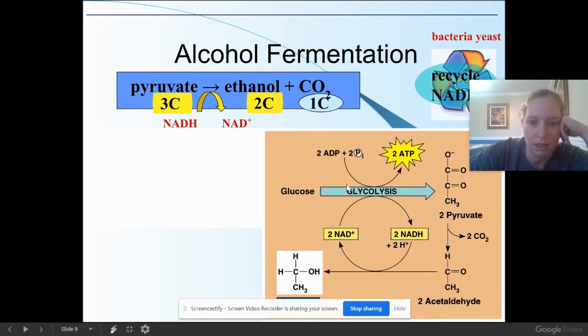You can see here in the diagram, we go through glycolysis, we make pyruvate, and that pyruvate goes through a series of reactions where one of the carbons breaks off. So we also make carbon dioxide in this process. Then, sorry, we make this compound first, we don't add the hydrogen back yet. We get this compound, and then the NADH adds a hydrogen back to it. That's what makes that hydroxyl group, and makes ethanol, an alcohol.